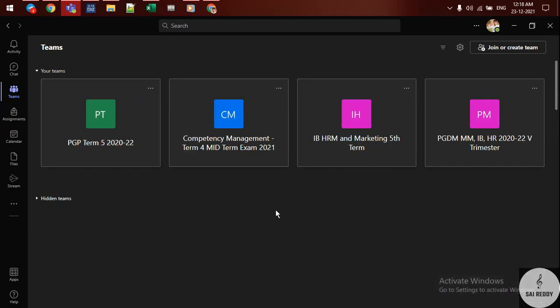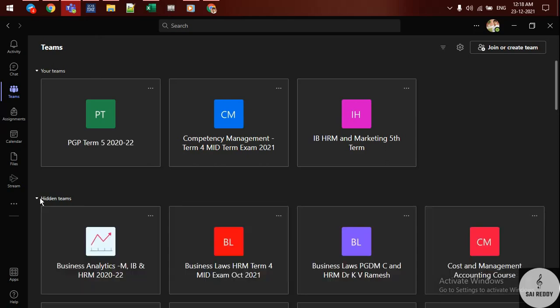So this is simple and clean to see what all teams are there in the current trimester and then follow up. Suppose I don't want to see this, again click on this and then click on hide. Whatever is done on desktop in your account will reflect in your mobile also, nothing to worry about. So it's good practice to keep only the current trimester teams in your current teams and then hide all the remaining teams which are not frequently being used.